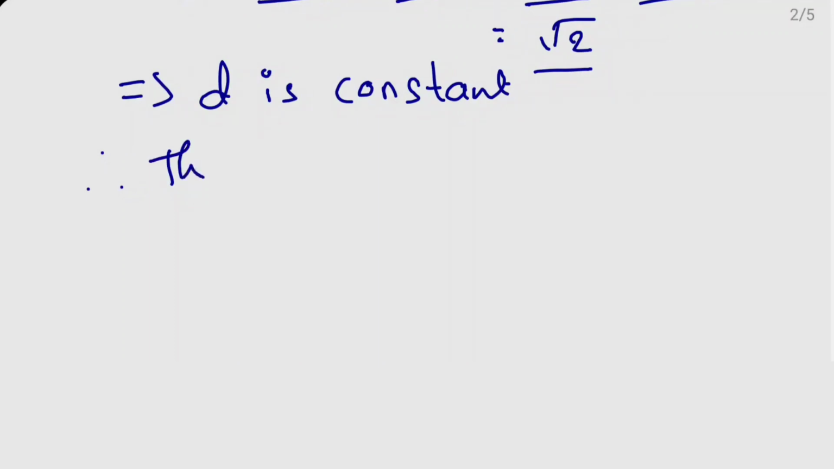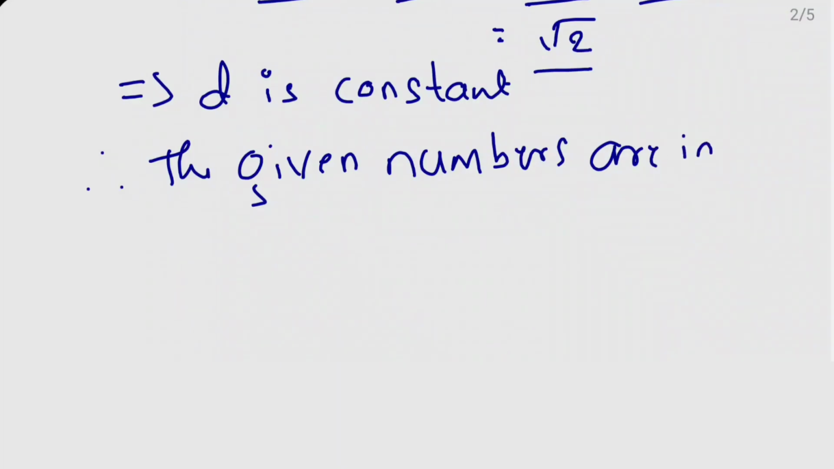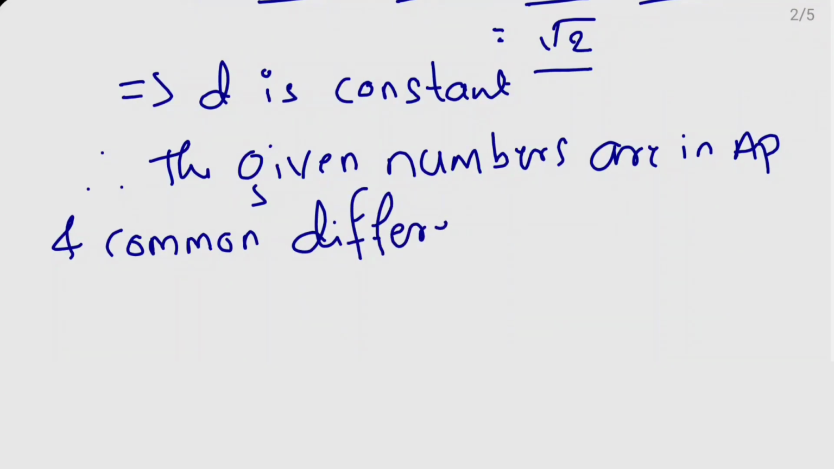Therefore the given numbers are in AP and the common difference d is root 2. So next, find three more terms. The three more terms are: